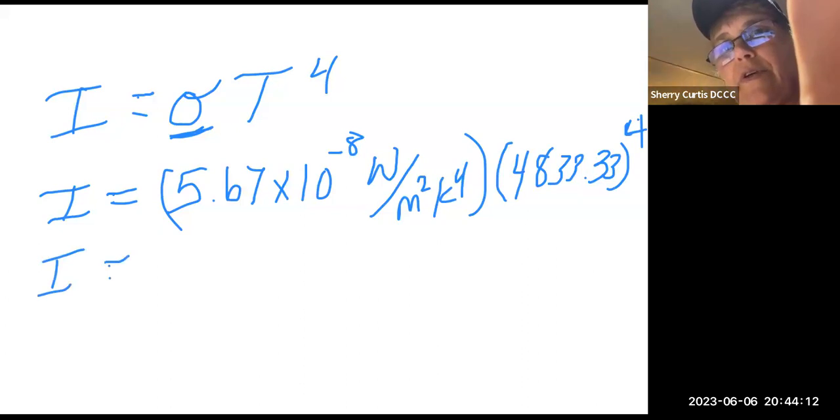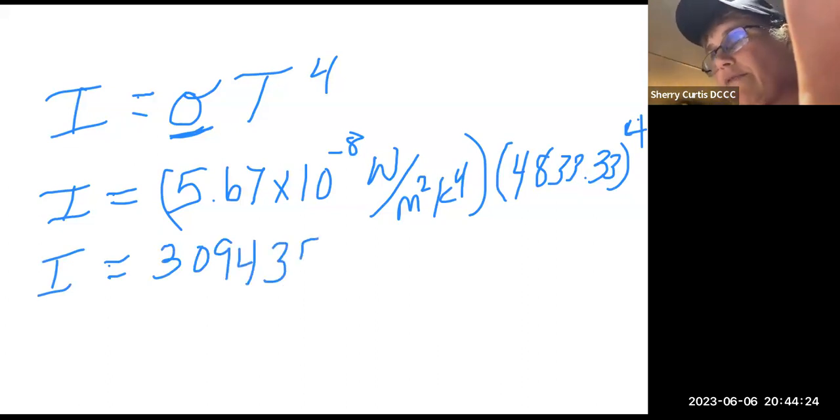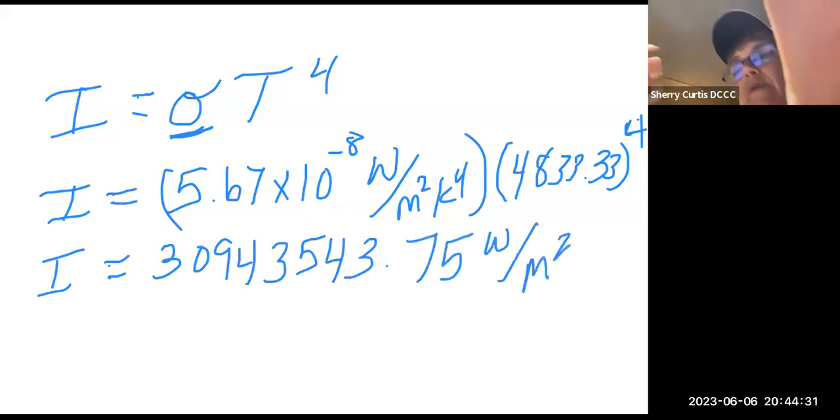And so for this particular sun in an alternate universe, we would get an intensity of 3094353.75 watts per meter squared. Now, what this is telling you is how much energy per second the sun kicks out for every meter squared of surface area that it has. So